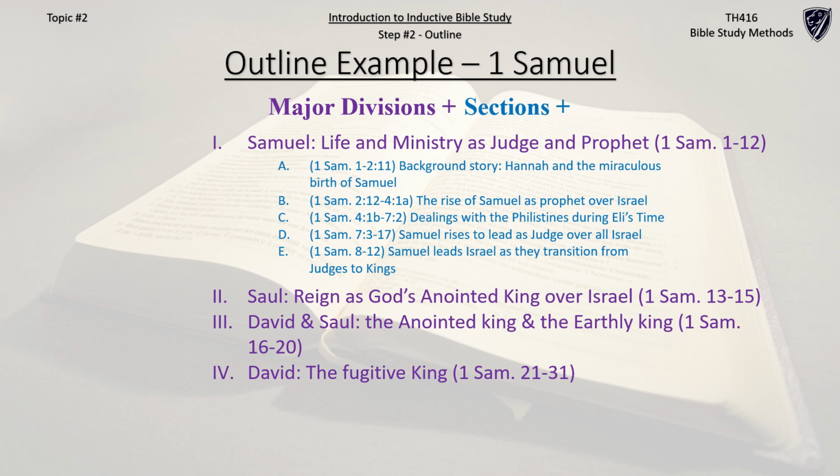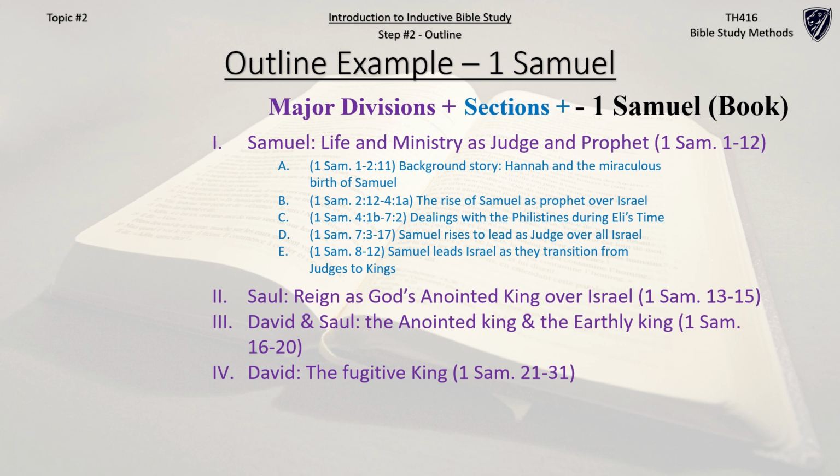And so these are the major divisions, and inside each of these major divisions you can have multiple sections, and inside of each of those sections you can have multiple segments. And so those three categories, major divisions, sections, and segments, are the three levels that you should have in your outline. You can even go further down and add in subsegments if you really want to, although I don't recommend